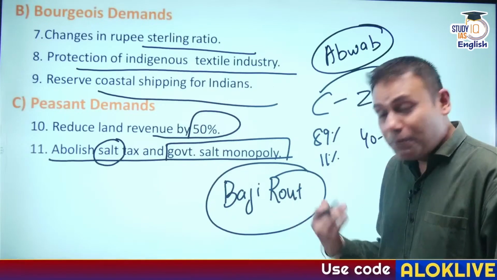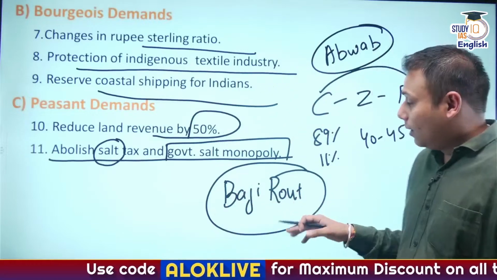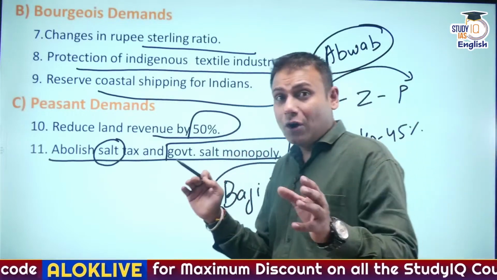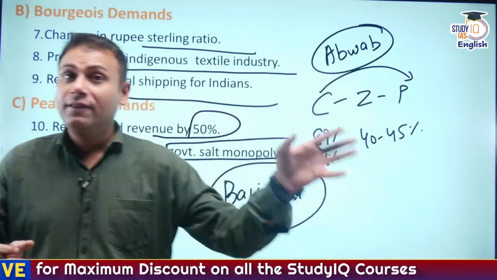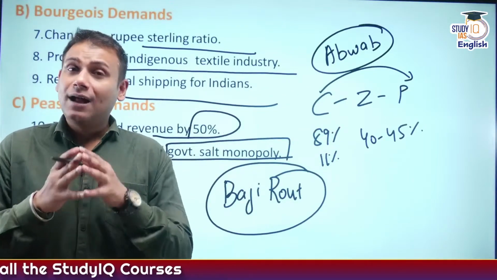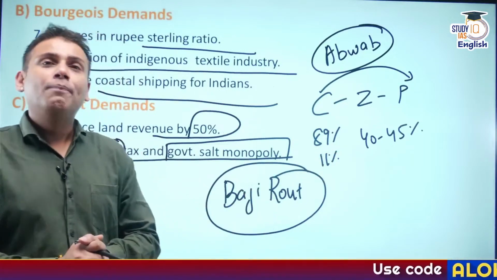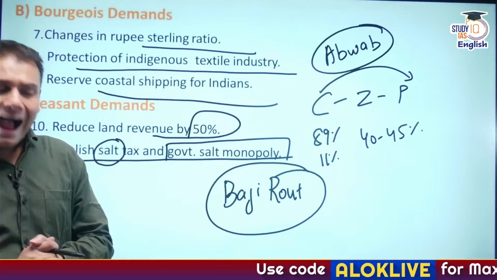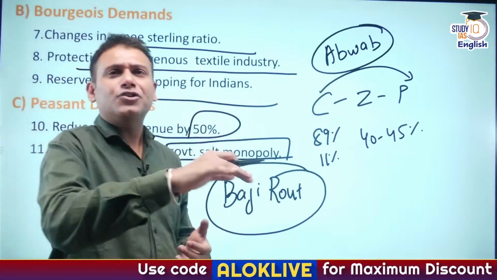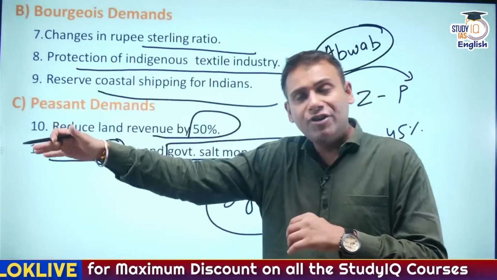Baji Raut, there's a beautiful story associated with this. There is a region called Dhenkanal, particularly in Odisha. The region of Dhenkanal was being ruled by a Raja at that time, whose name was Raja Pratap Dev Singh. And he imposed heavy taxation on the peasants of Dhenkanal. And he was being supported in this act by the Britishers.